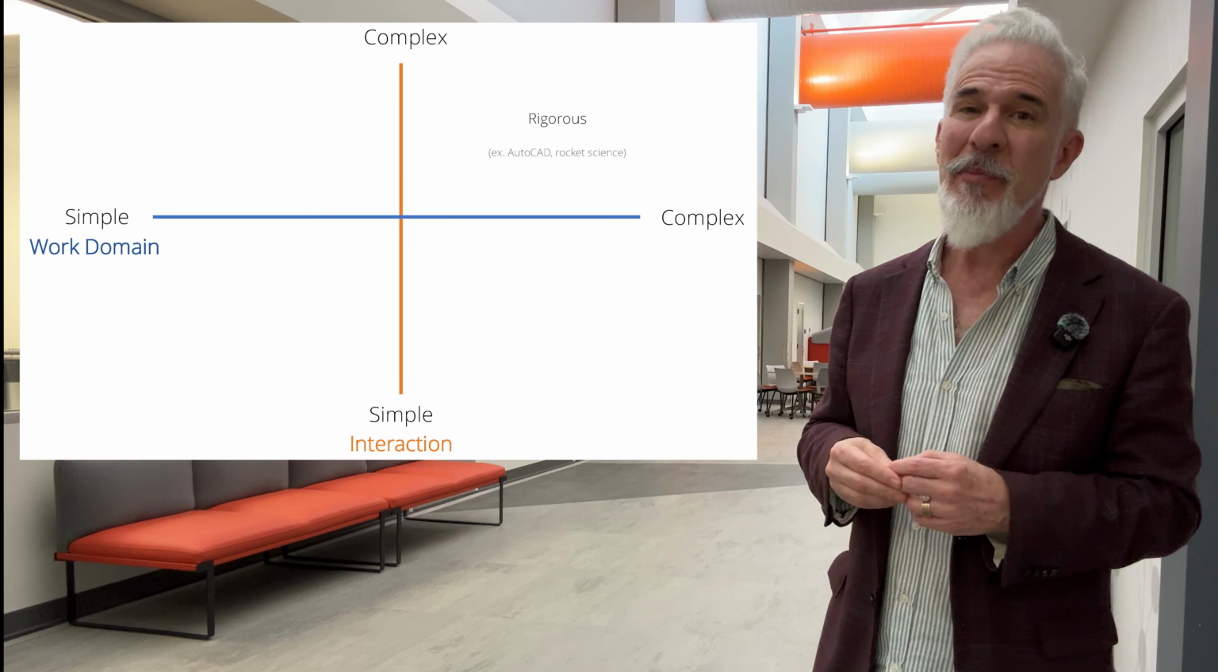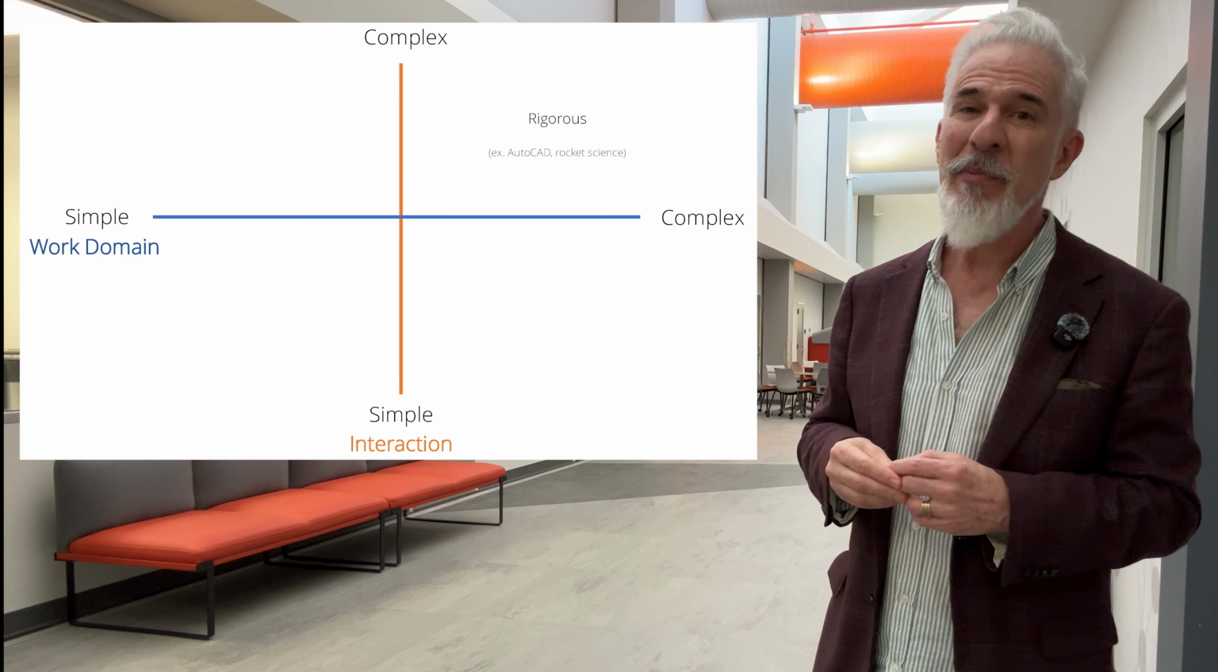On the other end of the diagram, we have simple interaction and simple work domain, and most consumer products are going to fall in this quadrant. For example, building a website for buying flowers or building an app for checking the weather. These are pretty simple and common tasks that don't mean that the product itself has to be very simple, but